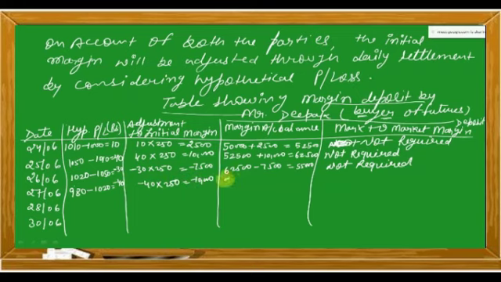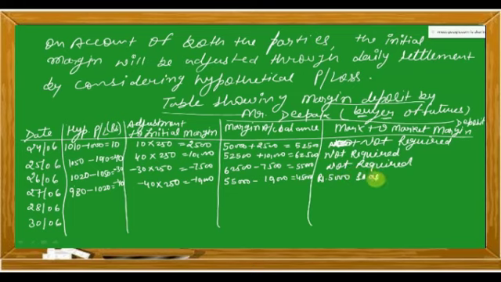When we do the adjustment, 55,000 was the previous balance, negative 10,000, we have 45,000. Is there any requirement? Since the amount has come below 50,000, you will have to deposit the balance amount which is 5,000. So you will write rupees 5,000